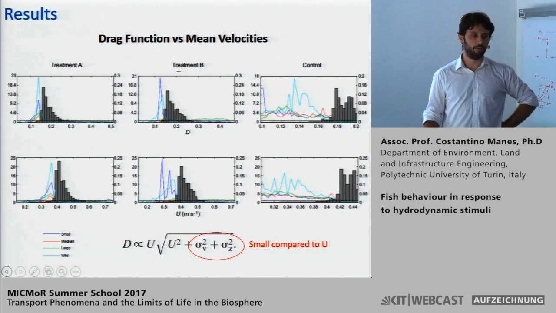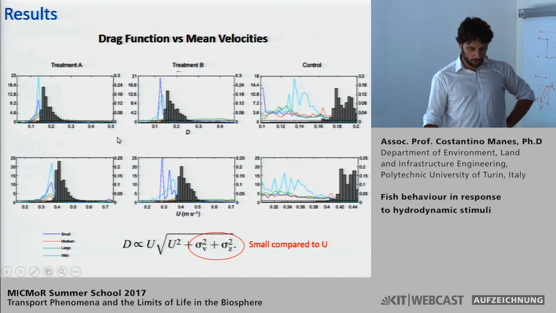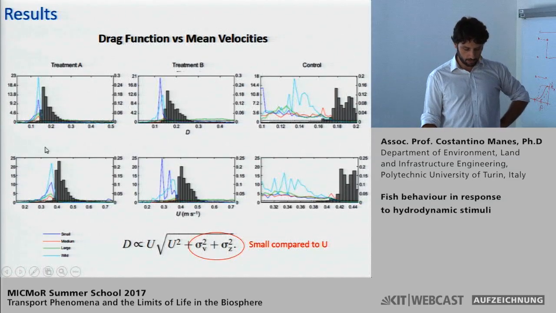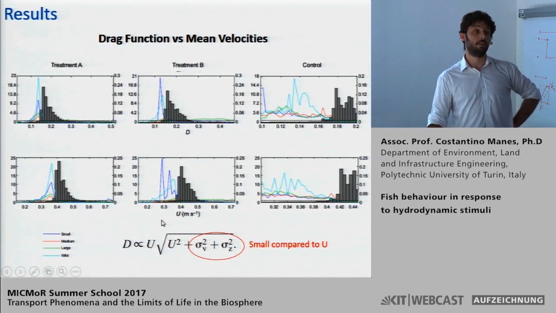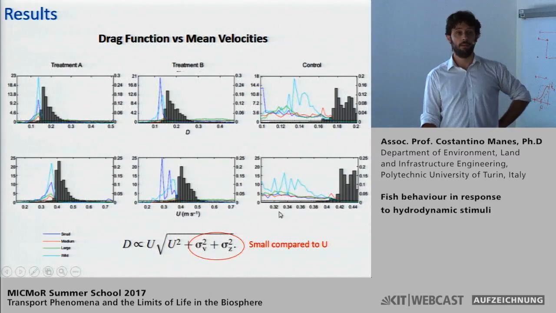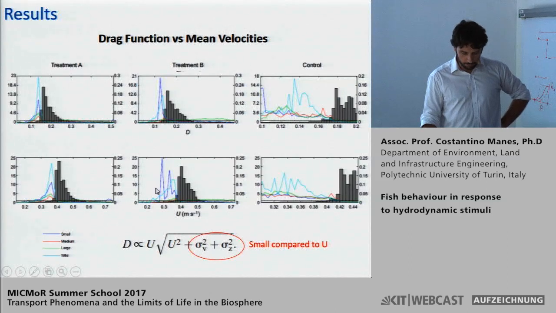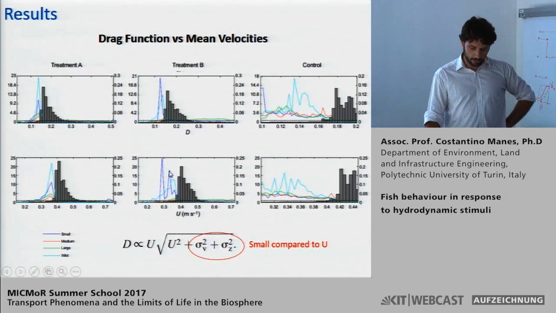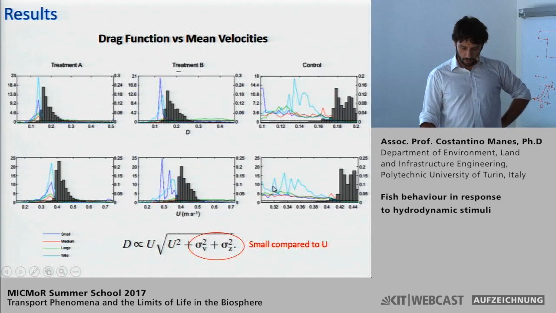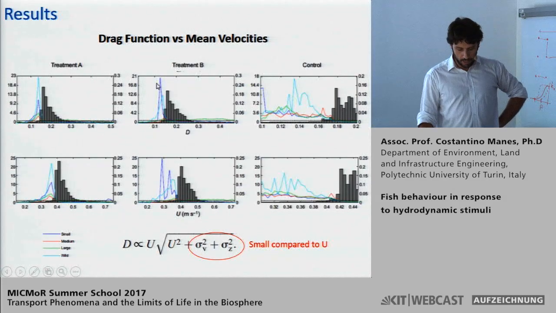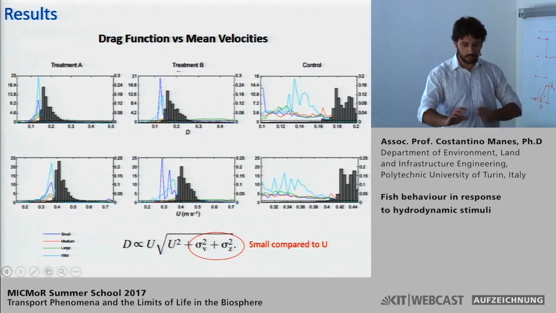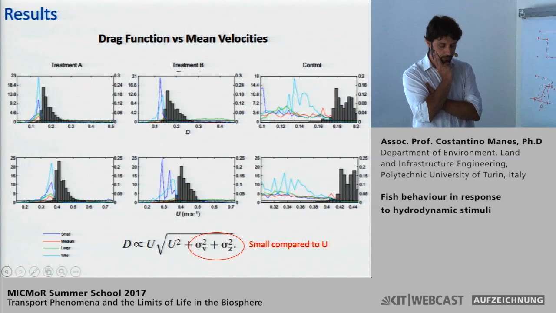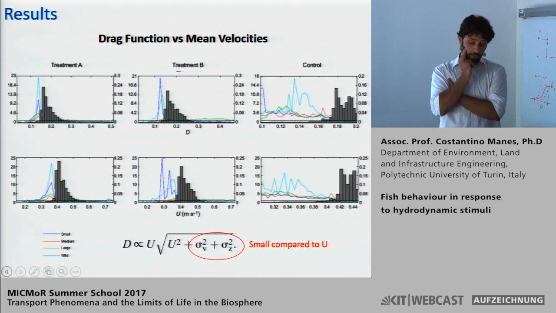Okay, we may actually overdo that. Again, on top we have the drag function with the preference curves. On bottom, the preference curves obtained from the mean velocity, which is the simplest metric that is actually used in many models. To be perfectly honest, the mean velocity also works pretty well, although the results are a bit more noisy. Meaning that the drag function seems to perform slightly better, not significantly probably, and the explanation for that is that